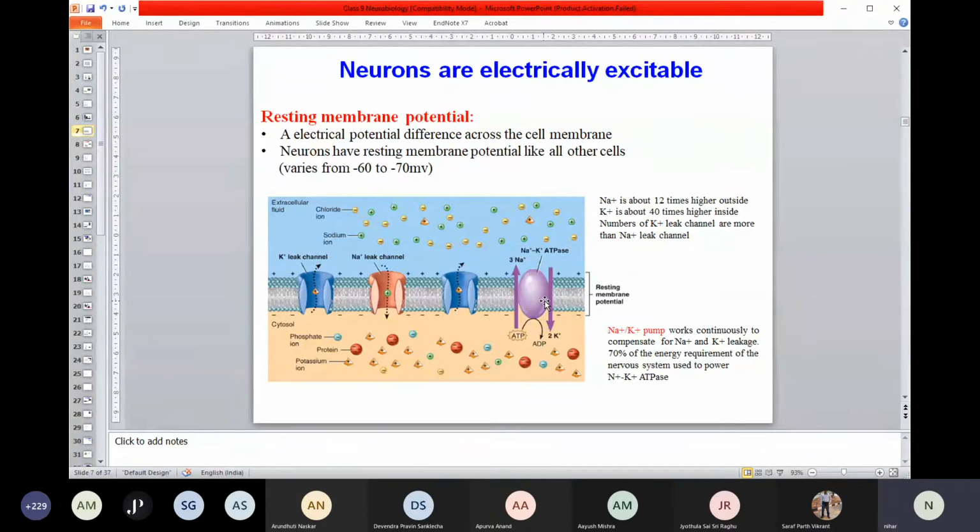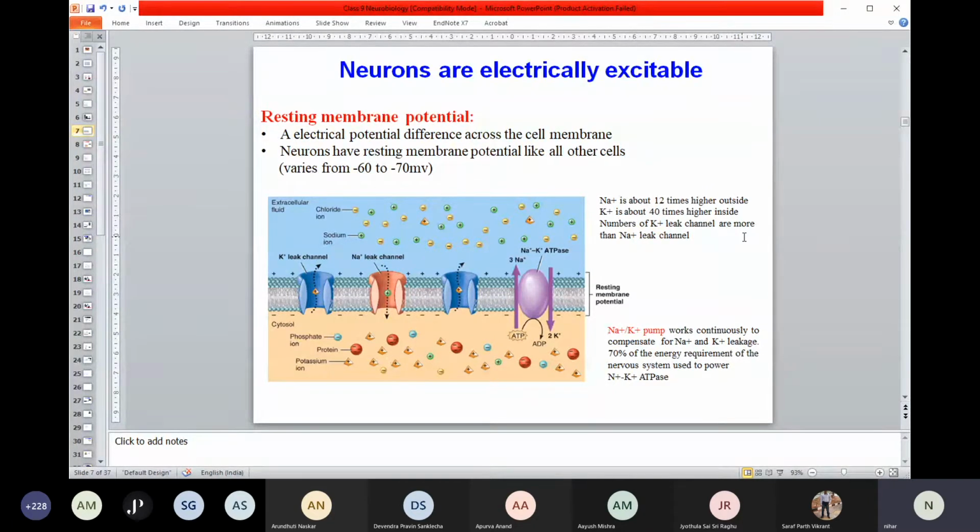And whenever someone does fasting, a long time without any sugar, the brain is entirely dependent on sugar. It doesn't store glycogen, so the brain completely depends on glucose. Therefore, if you fast for a longer time and your sugar level drops, the first thing that gets hit is the sodium potassium pump, because the sugar is not able to be metabolized to give you energy. That's why you sometimes feel very dizzy and very weak when you fast. Okay, I hope that's clear.